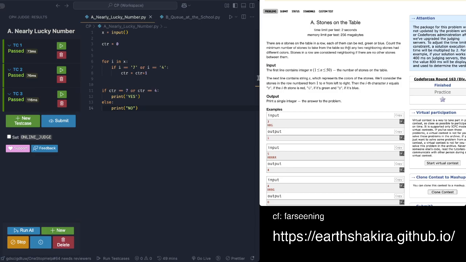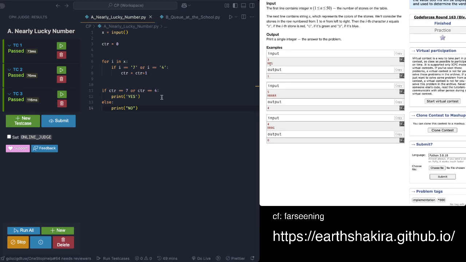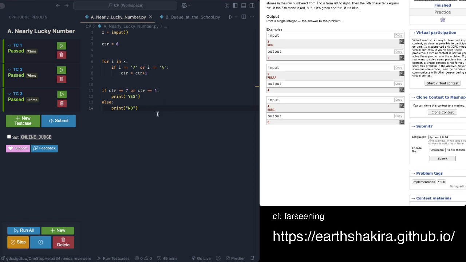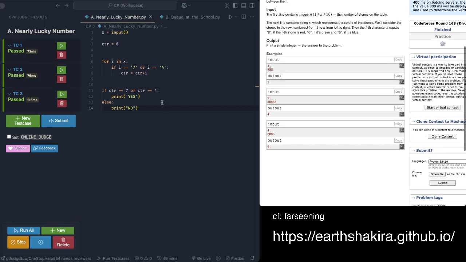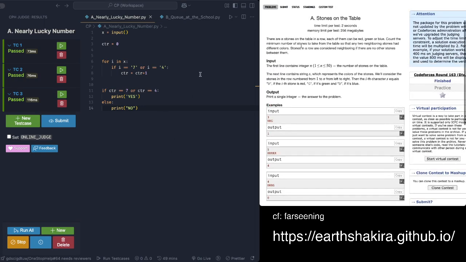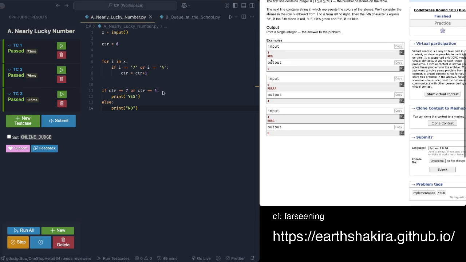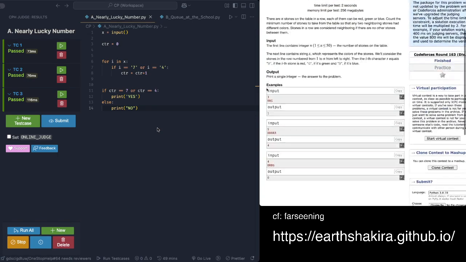Count the minimum number of stones taken so that any two neighboring stones are different colors. Here we take R. They're basically asking for how many characters are repeated. So in this case, one is repeated. In this case, what? Okay, so what we can do is,